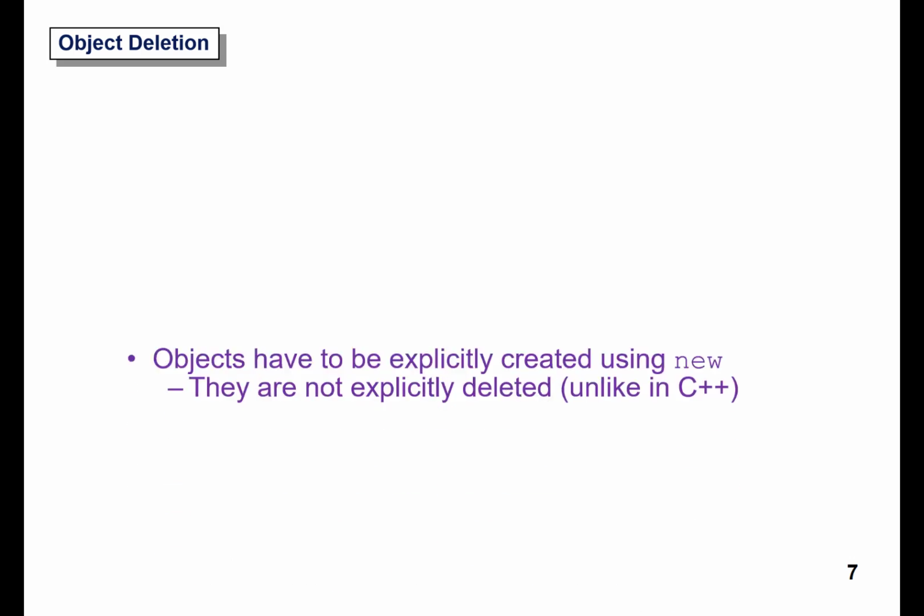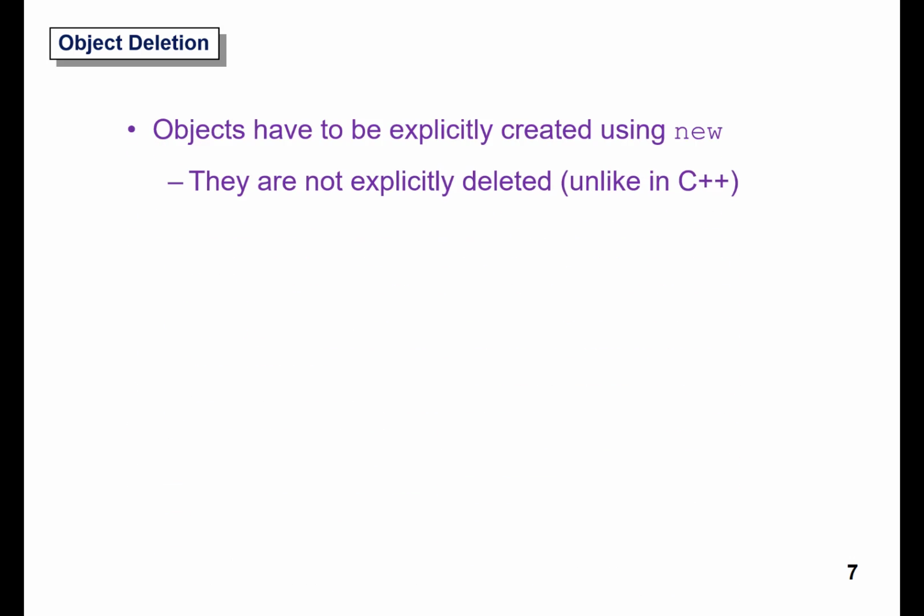So let's have a look at object deletion. Objects have to be explicitly created using the new keyword, as we've seen with several examples. However, they are not explicitly deleted, unlike in C++. If you're writing a computer program in C++, you have to keep track of objects that need to be deleted. Otherwise, you get memory leakage, meaning that you end up with objects not being used, continuously being stored in